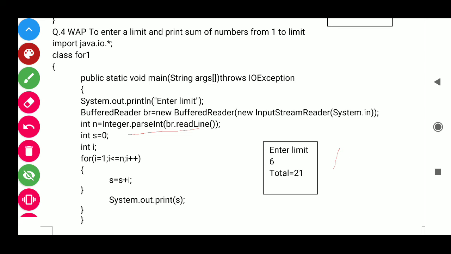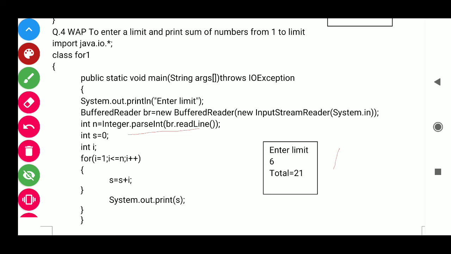For example, in n we have input 6. So in for loop condition, 1 less than equal to 6, condition is true, it will get inside. s equal to s plus i. So i will become 1, because 0 plus 1 is 1, assigned to s.